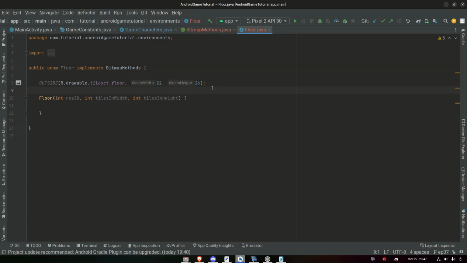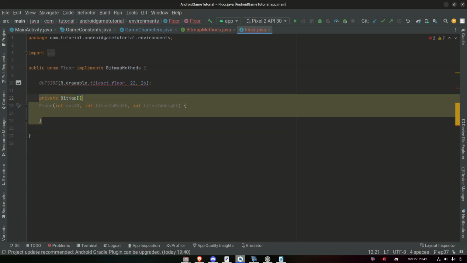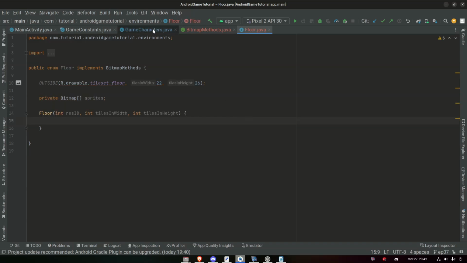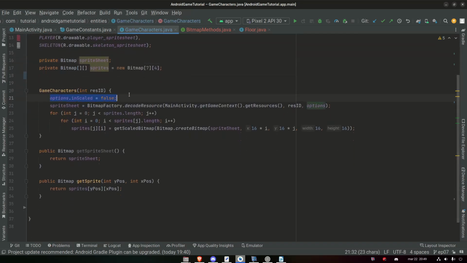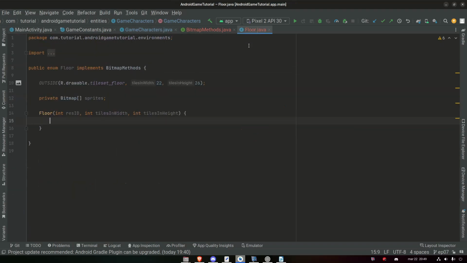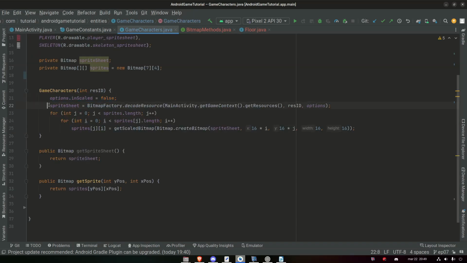All right, in our floor enum, we will need to store our sprites in a one-dimensional array, because if we want to select a specific tile, we want to say the ID of that tile. So we're just gonna store them in a private bitmap one-dimensional array, and we're gonna call them sprites. Now we need to do a little copy here. We're gonna take this options in scaled equals false and put it at top here. Then we can check here, just as a reference, we need to have the sprite sheet to iterate through the entire